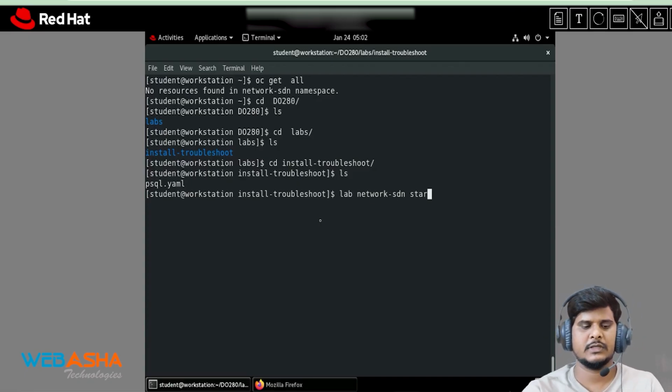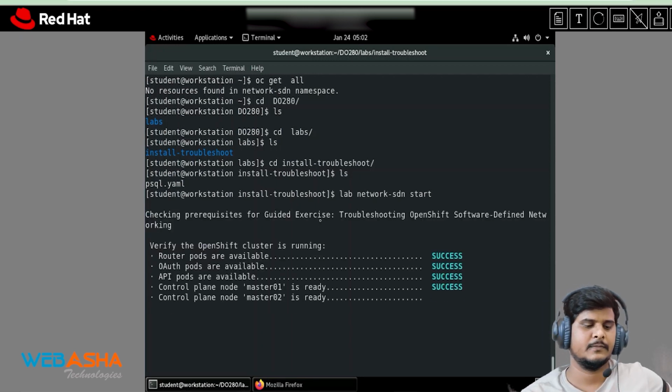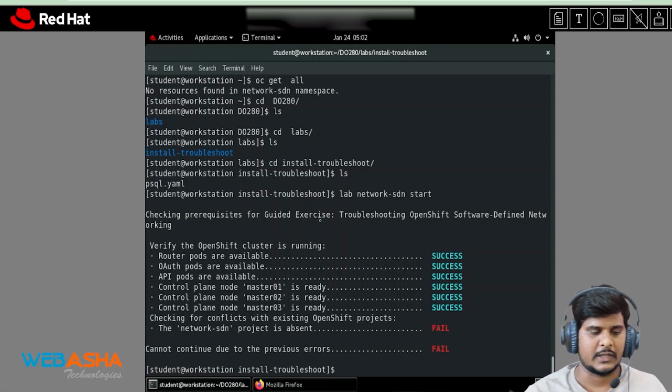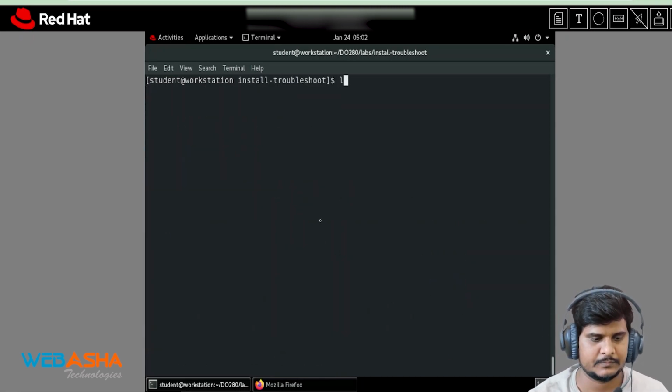So this lab command will create a sample file for me to create applications. We have two options: either you can create with the help of a declarative way or an imperative way. Just as we did now, so you can use it that way. So yeah, so if you notice now,